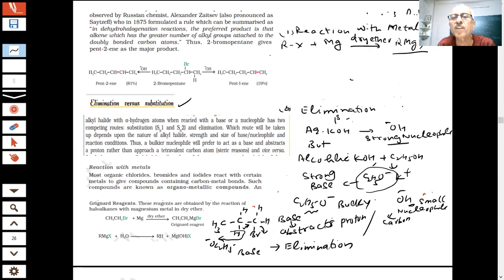Very important reagent. This is called Grignard's reagent, and this has great application and uses, which I will show you in the next reactions when you prepare alcohols from aldehydes and ketones. These are also called organometallic compounds. Metals lose electrons. So what will be the interesting thing about this compound? If I have RMgX, this is positive, this is negative.